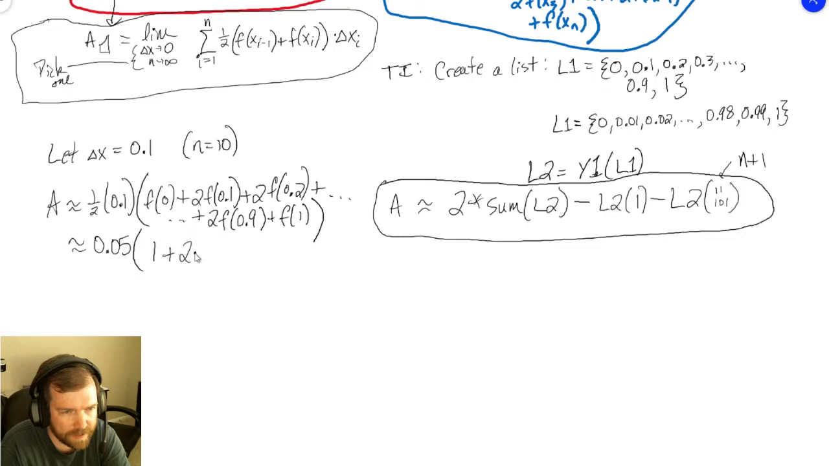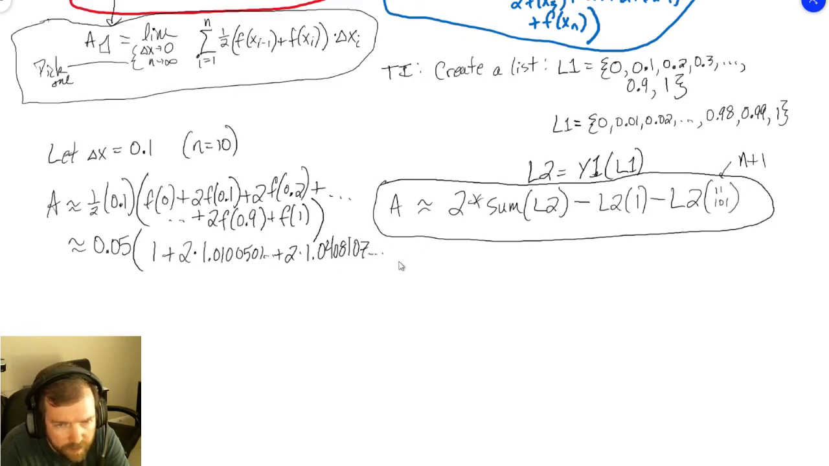Plus twice at 1.01, 0.00501, etc., plus twice at 1.0408107, more stuff, plus, oops, twice at 1.094174, more stuff, plus twice 1.1735108, plus,